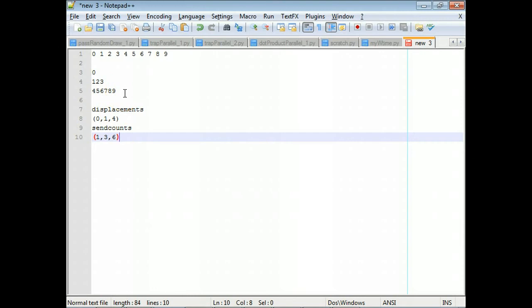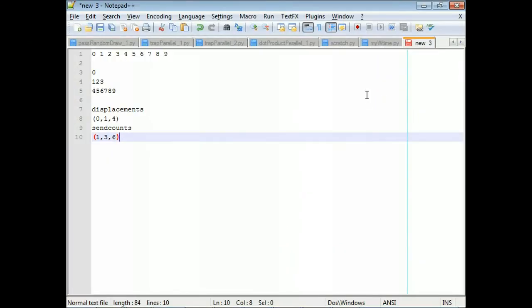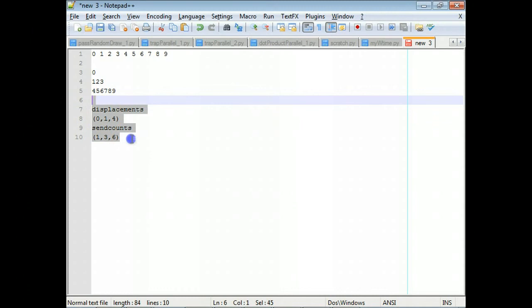That's how those work. And this allows for a lot of generality. Because if we wanted to scatter, but we didn't want to send the whole vector, maybe we wanted to skip over a few and only take chunks out of the vector, then we could use the displacements and send counts to do that. Also, this is important for the C version because in C there's no vector length discovery, and so you always need to specify how long the vectors are, and that's a big reason for why it's set up this way.